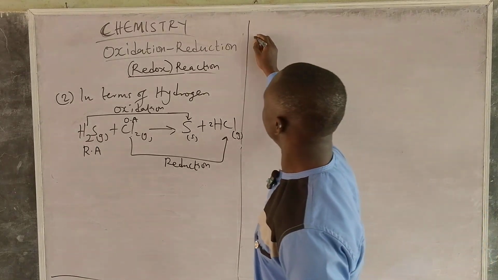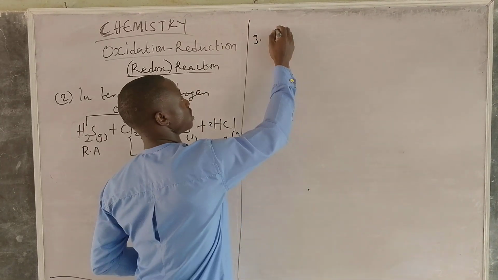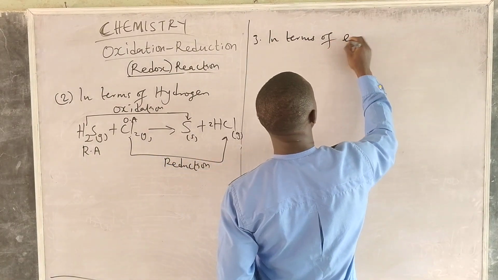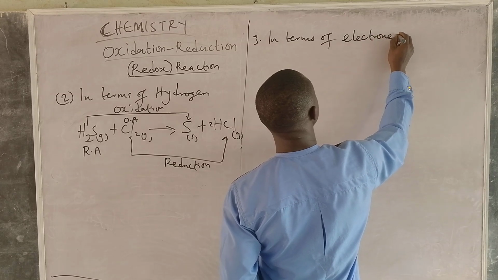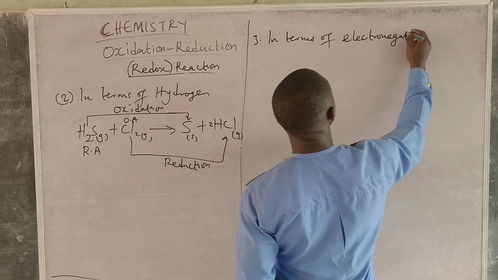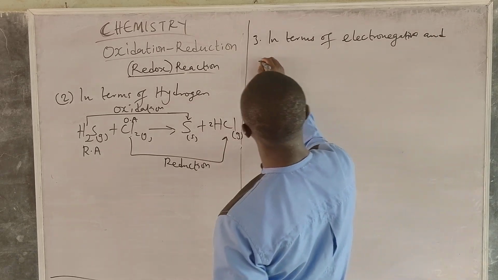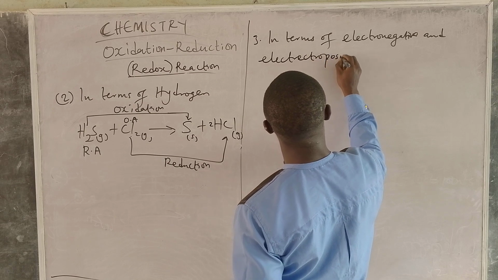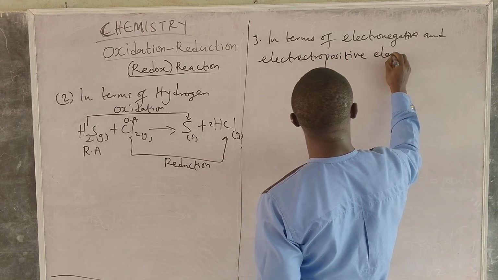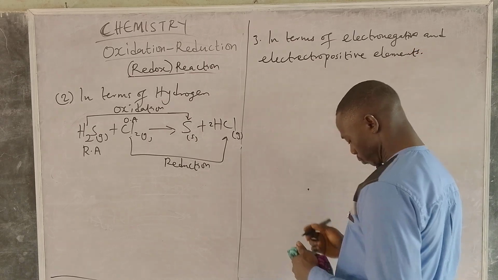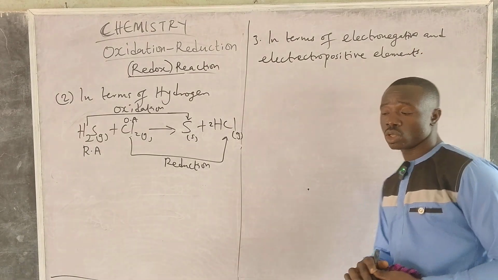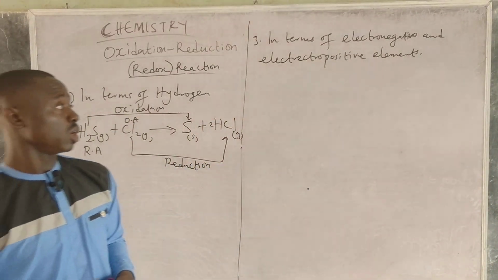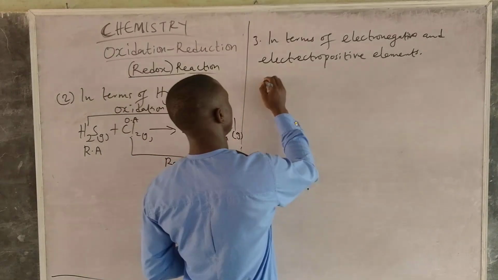Now the third definition of oxidation reduction is in terms of electronegative and electropositive elements. All right. So what is oxidation reduction in terms of electropositive and electronegative elements? Oxidation can be defined